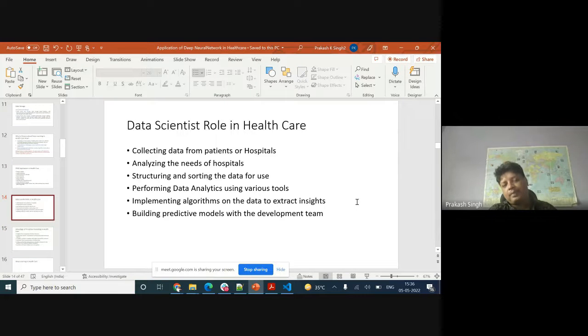Now we have data. We are hoping that whatever data we have as of now is sufficient to start working with and to get some insight out of it. So in the data science field, the role of a data scientist in the healthcare industry is